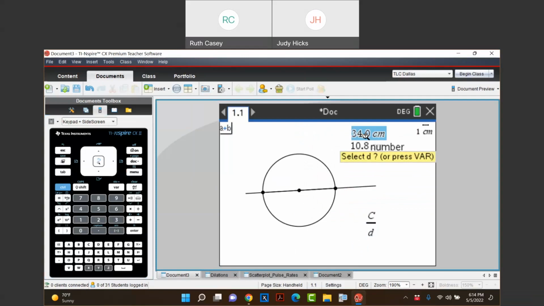And then notice as soon as I clicked, it says, all right, now select D. So I'm going to go to here and select D, and I get this value of 3.1, which doesn't mean much. So if I go over to my number and I hover over it and I hit the plus sign,